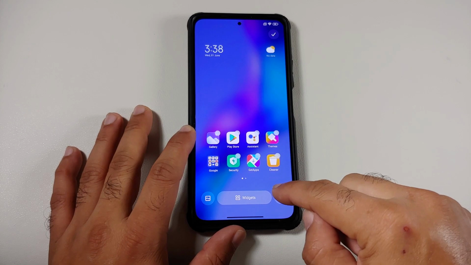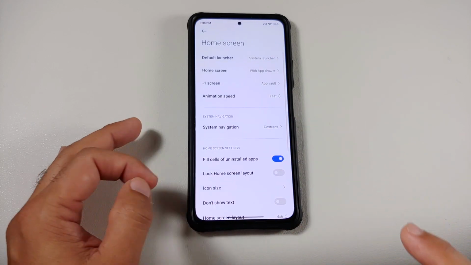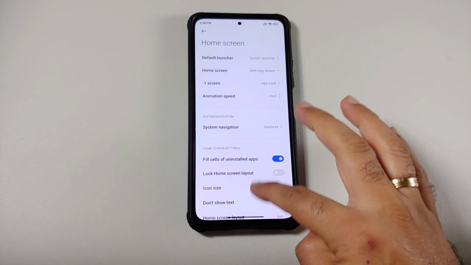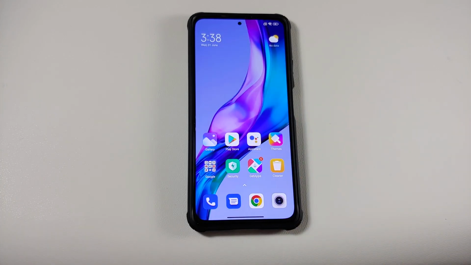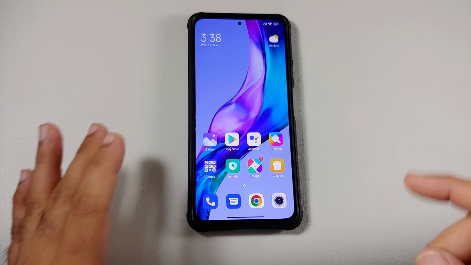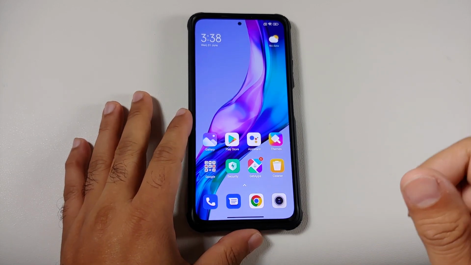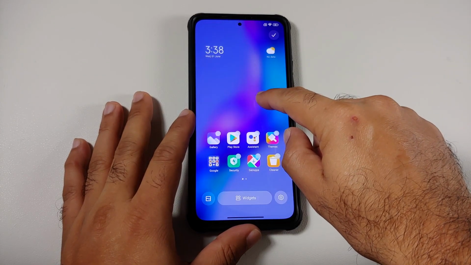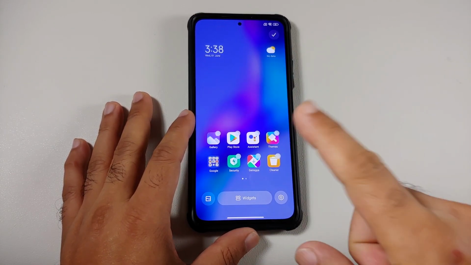MIUI 13.5 launcher has been released for global MIUI devices. Do note, this is not going to run on your Poco devices and the Redmi K20 Pro because they come with Poco launcher. So any device coming with Poco launcher out of the box, you my dear friends are unfortunately out of luck. So let us go ahead and press and hold on the empty space here and